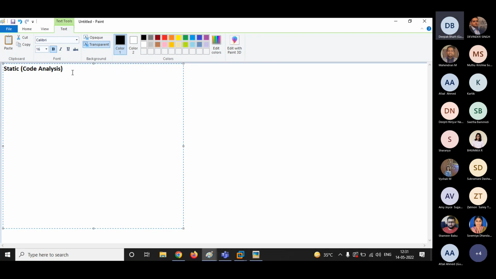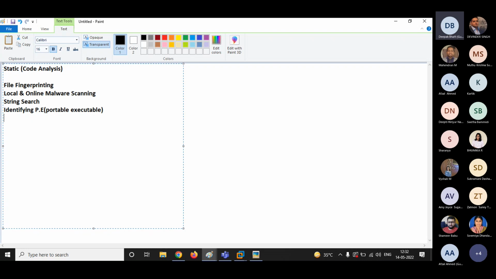So in static malware analysis, we have the following steps. We will be doing file fingerprinting, performing local and online malware scanning. Then we will be performing a string search, identifying the portable executable information.